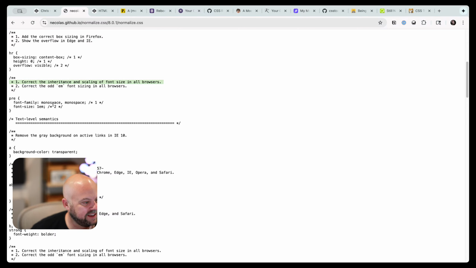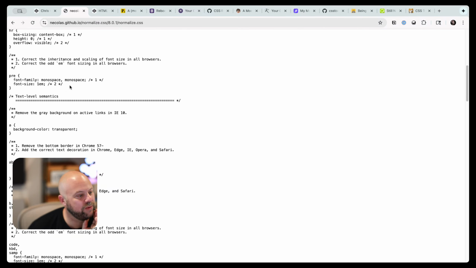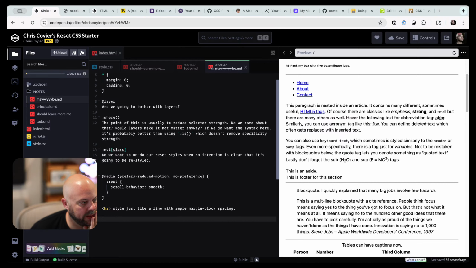Inheritance and scaling of font size. I've never seen that line of code in my life, despite using normalize before. Correct the odd em font sizing. Yeah, I don't know. I do want some nice styles for pre though. So maybe,